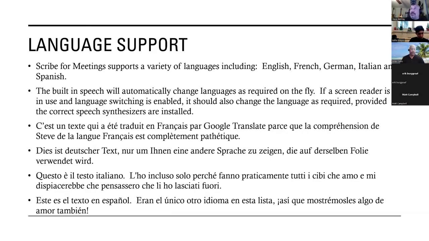And then language support. Scribe supports a whole bunch of different languages, including French, English, German, Italian, and Spanish. These are just different phrases in different languages. Now, if you're reading this with a screen reader, this is going to be dependent on the languages that you've actually installed on your screen reader, the language switching capabilities of your screen reader itself. If you're using the built-in speech, it will just automatically switch languages on the fly. So you can play with that either way. If you want to poke around at it, I can leave that up for just a minute. But this is really handy, particularly in our Canadian context, where we'll oftentimes have both French and English content